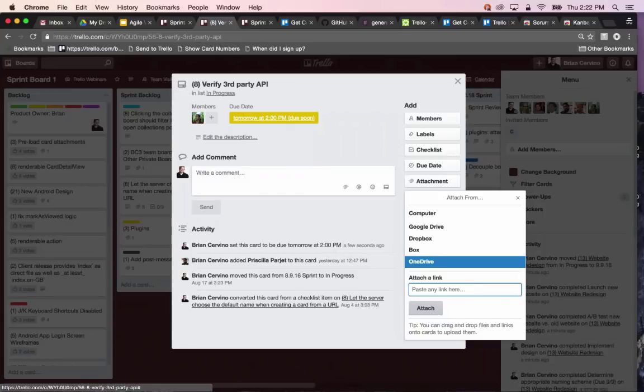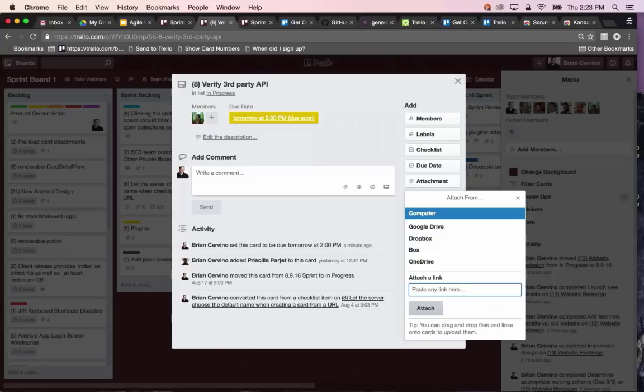So attaching files from cloud storage services like Google Drive, Dropbox, Box, etc., means that the files will retain the permission settings that are set in the cloud storage service, which can provide an additional layer of security. So for instance, if permissions for a file are only set in Google Drive, then when that file is added via Google Drive to this card, only people with those permissions will be able to access that file. Attaching from my computer, though,